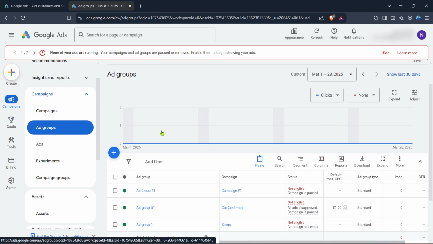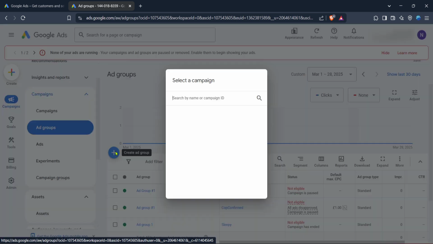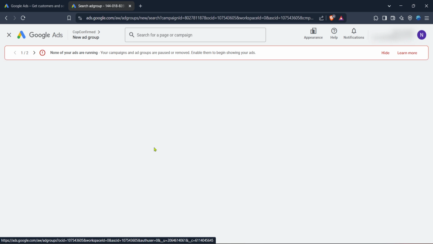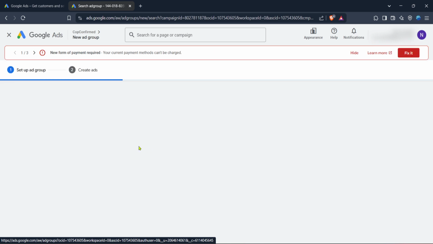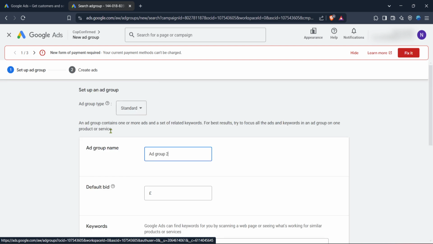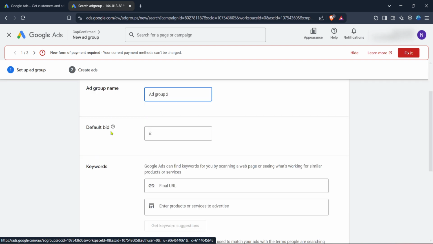Now comes the exciting part. You'll want to click on Create Ad Group. This is where you start crafting an ad group that directly impacts your quality score. Each ad group should be tightly themed, using relevant keywords that resonate with what your business offers and what customers are searching for. By doing this, you ensure that your ads are more targeted and relevant, which in turn can